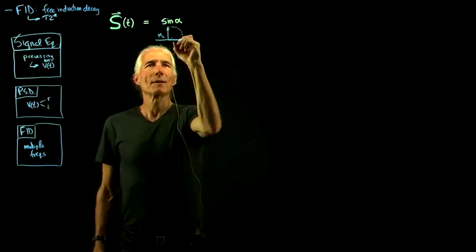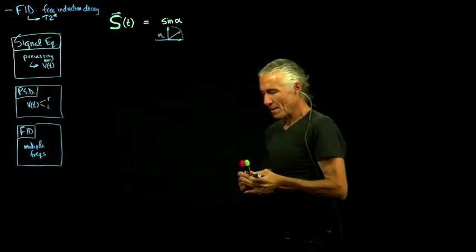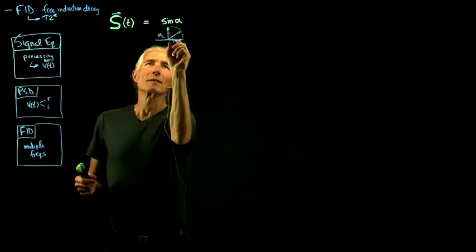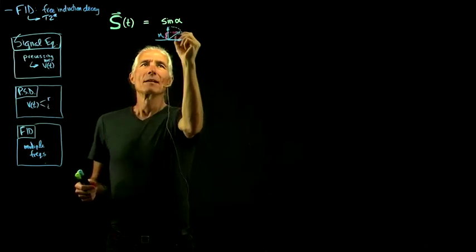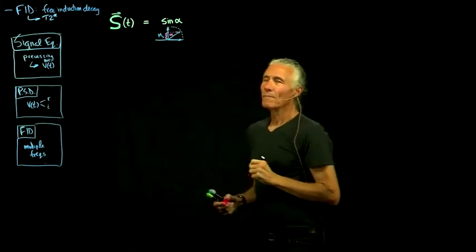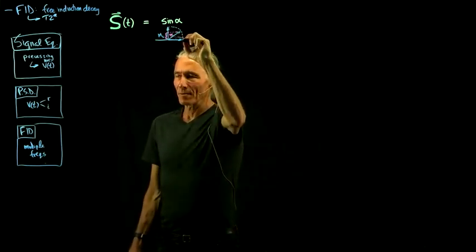So what if we went down to, say, about here? Now, how do you calculate the z component? Well, we want that amount right there. If this is the flip angle, then that amount is going to be the sine of the flip angle,